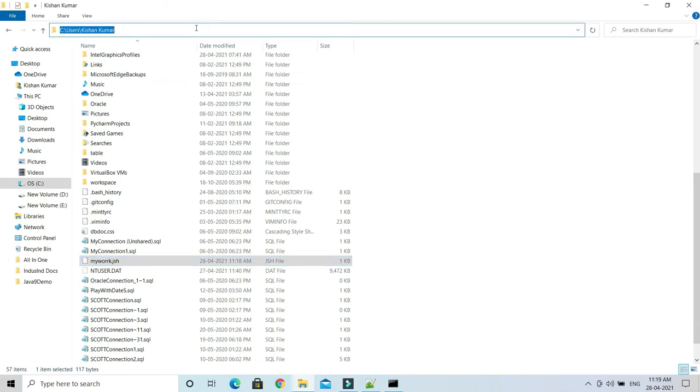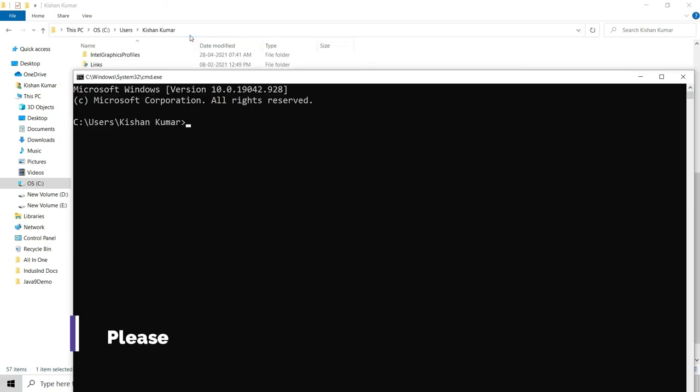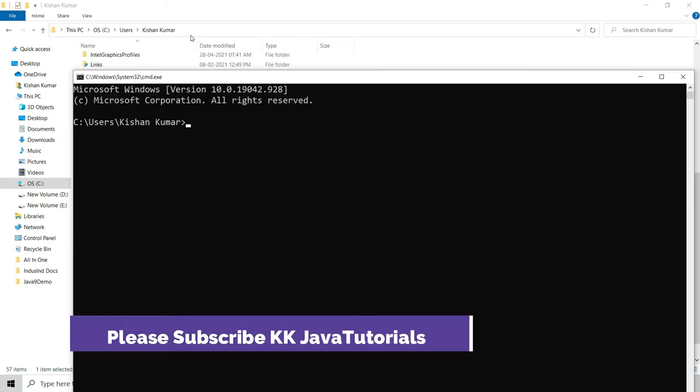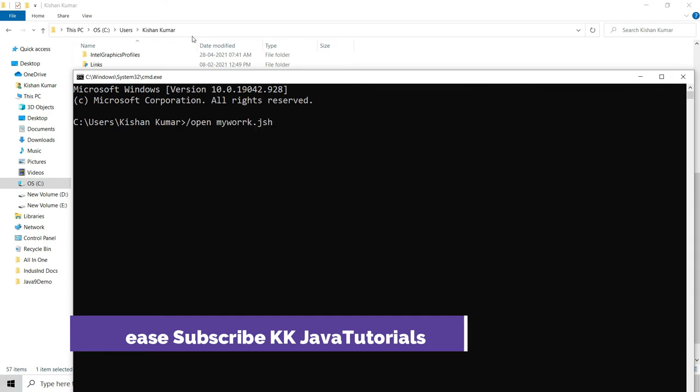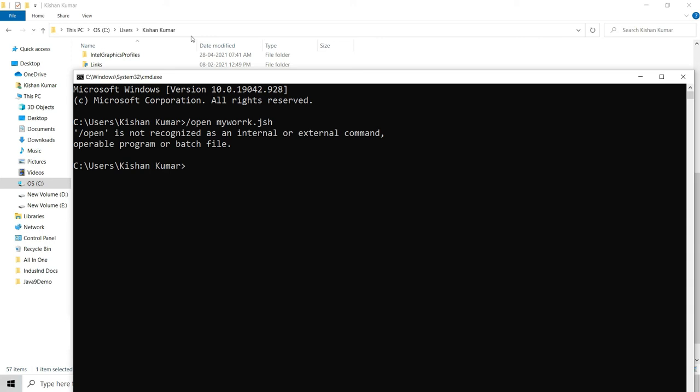So here I am going to open a new command prompt, and to open this file you have to use the next command, called open. So /open, and then I say my work and press tab for auto-complete, and if you press enter, okay guys, first of all you need to navigate into your JSL command.